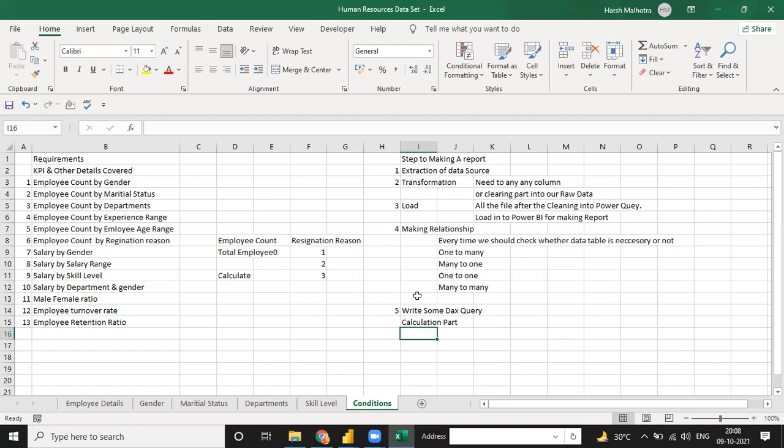Whenever I try connecting them with the raw data, like if I create a date table and connect it with the raw data, where we have hiring date or other dates mentioned, if I try connecting it from one to many or many to one, it always shows many to many.